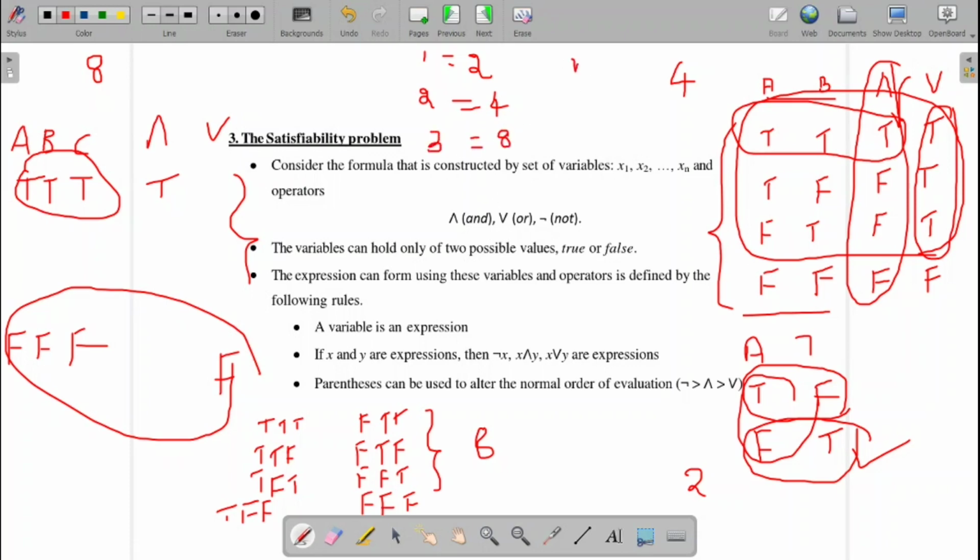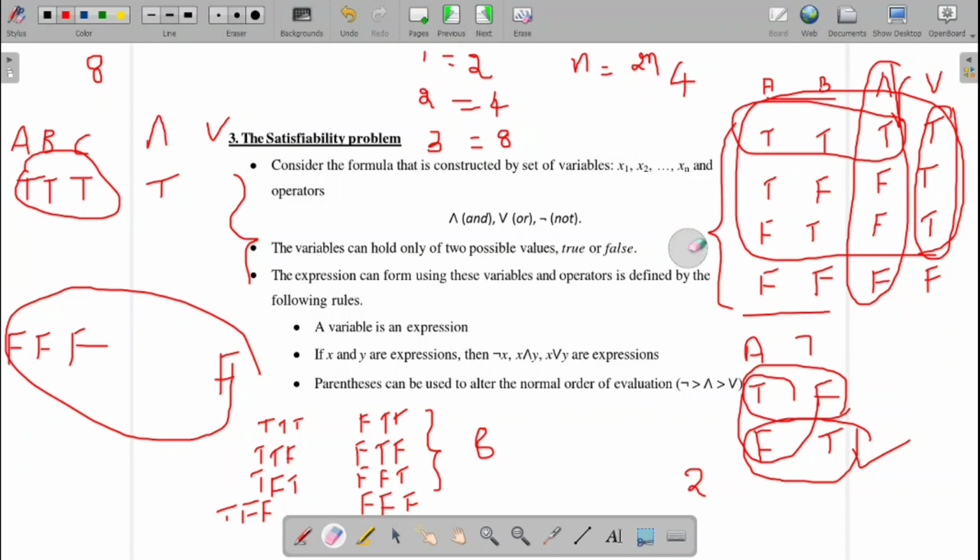In general, if I have n inputs, then the number of combinations will be 2 power n. So the satisfiability problem will have 2 power n such sequences we need to solve. It is not just n, it is 2 power of n. As we have seen in this example, these many cases we need to solve. How that will be solved, that discussion will happen in the satisfiability problem.